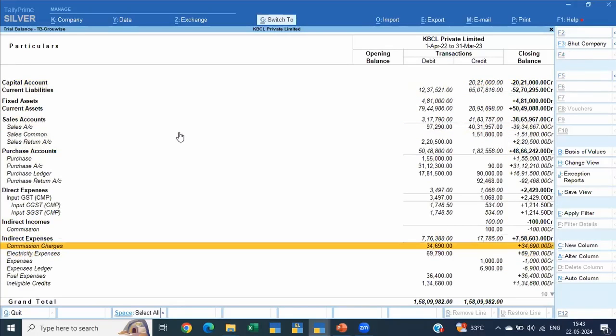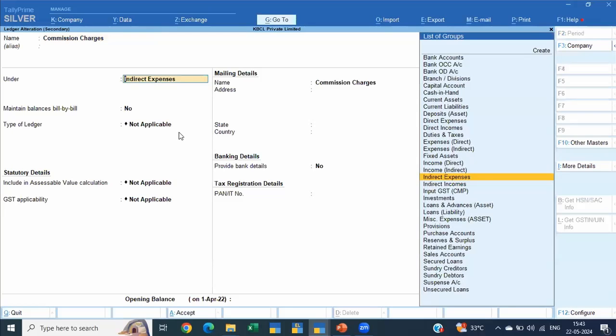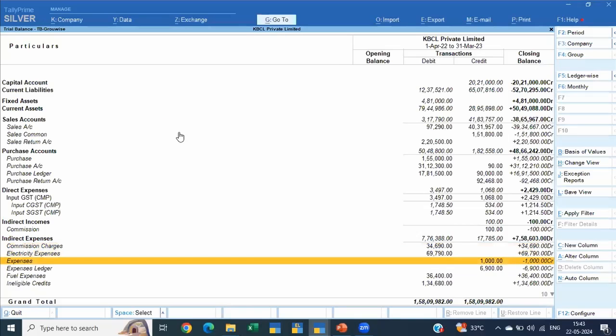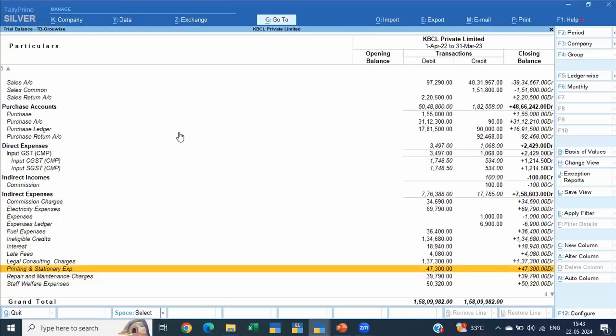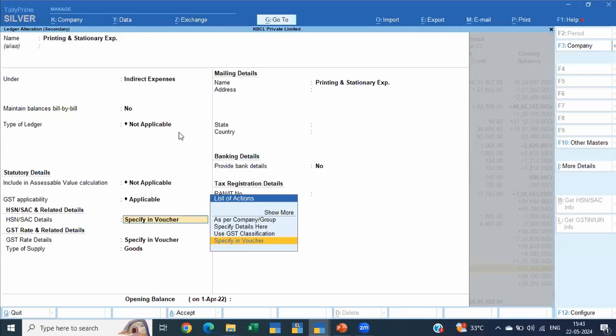If you look at this, this is an expense where we say that these are the ledgers. Now, in case of printing and stationery expense, it's a purchase ledger. If you notice, printing and stationery will have 5%, will have 12% also, will have 18% also, depending on the nature. If you buy stationery, you might have 18%, you might have 5%. Now, in that case, creating multiple printing and stationery expense ledgers of say 5%, 18%, wherein you might not even have 12 transactions a year.